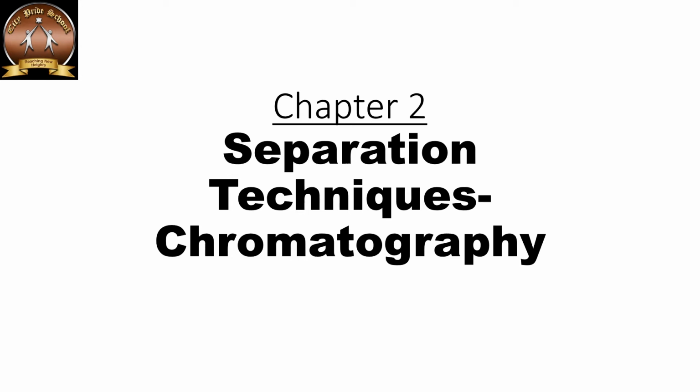Hello dear students. In the last lecture we had seen the separating technique using the sublimation process. Sublimation is used for separating a mixture which has a sublimable component. That means that substance, when subjected to higher temperature or heat, transforms from solid state to gaseous state without coming to liquid state. This property was used to separate out the mixture having sublimable substances.